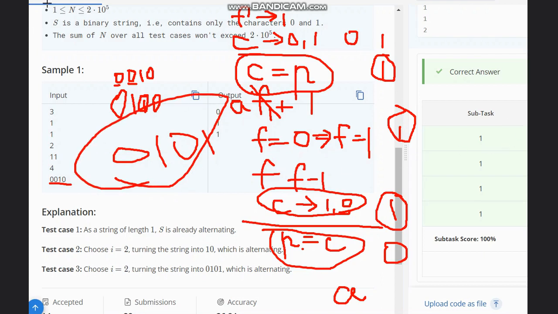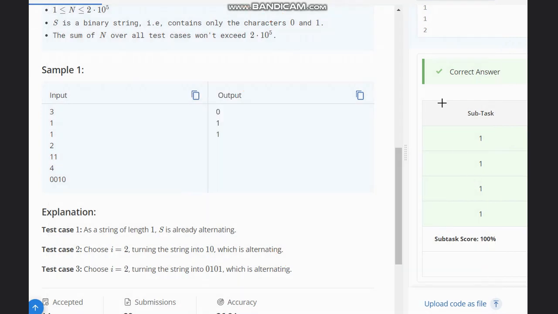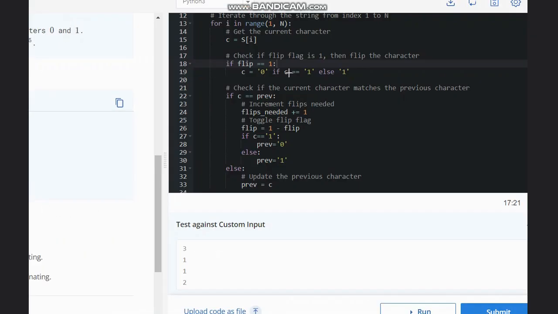So I hope you all understand the solution. If not, let's look at the code. So this is the main part of the code which I was talking about. I will take the current character here. If I have flipped already, then I need to flip the next character as well. So from the previous character I am getting flip equal to 1.